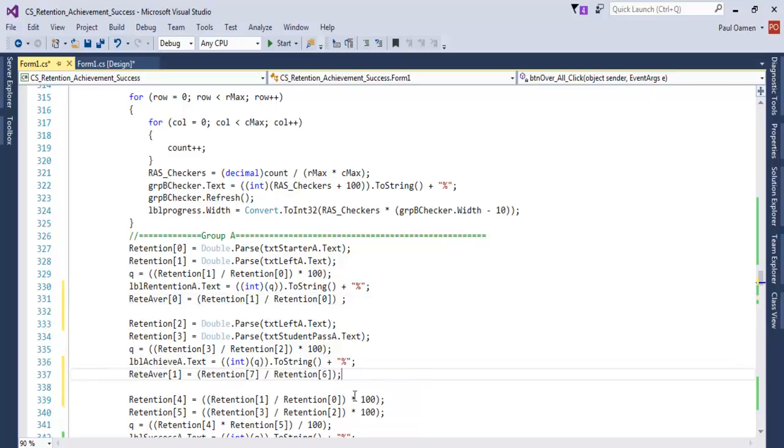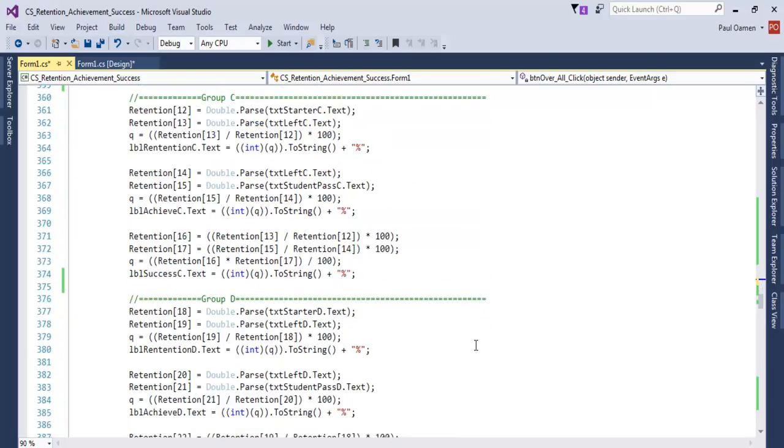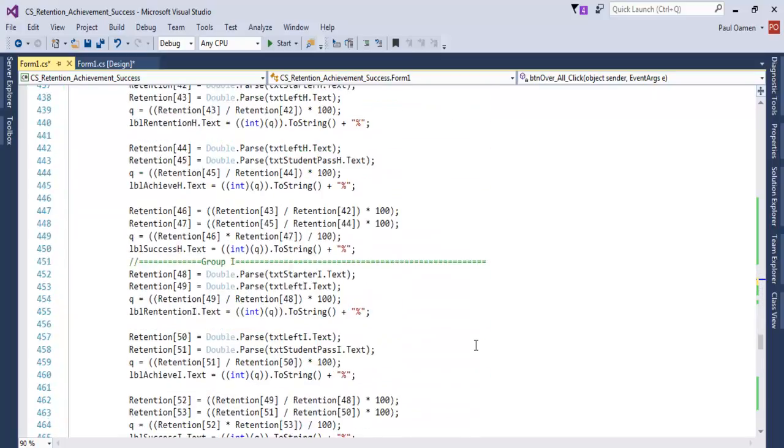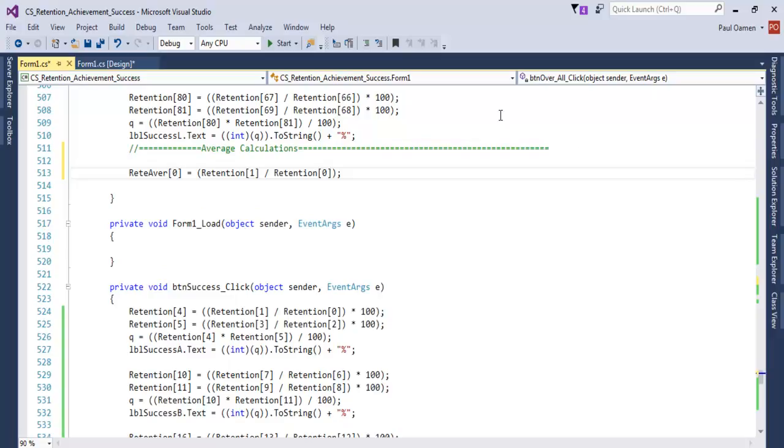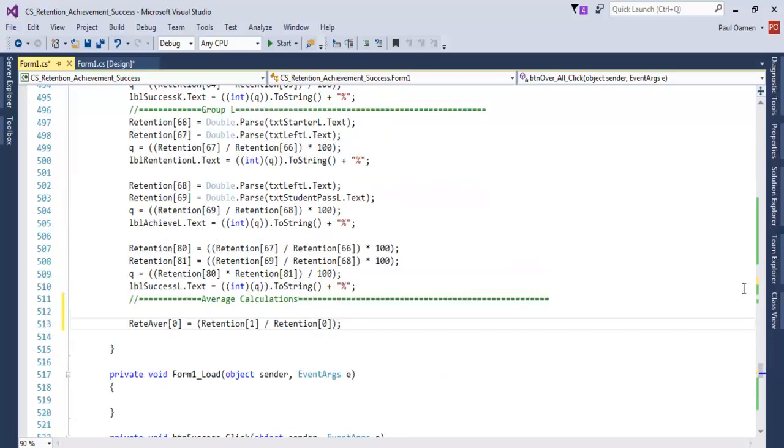Okay. But one thing is, to make it more readable, I think I'm going to just take them off and put it right underneath here. That will make life easy. Yeah, right underneath here. So let's just call it average calculation. Average calculations. So paste it right underneath here. So that's for the very first one. And the second one,